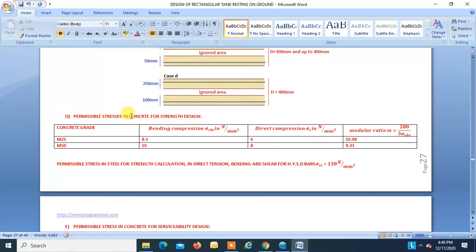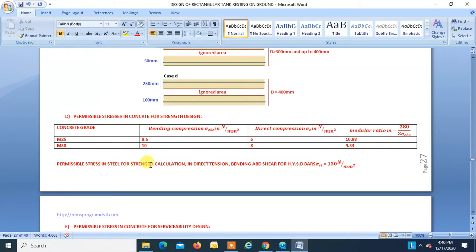Now the permissible stress in concrete for strength design: sigma CBC is 8.5 and 10 for M25 and M30. Sigma C is 6 and 8, and the modular ratio is 280 by 3 sigma CBC prime. So